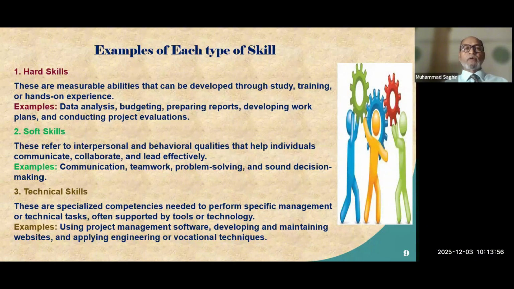So when we talk about project management, you need to have a combination of skills, but you need to have a team in order to perform. Everyone would be assigned a task. Maybe it is related to administration, procurement, or finance. Each team member is assigned according to their job responsibilities and they must all have these skills. And as a team, you can deliver and achieve the project goals.